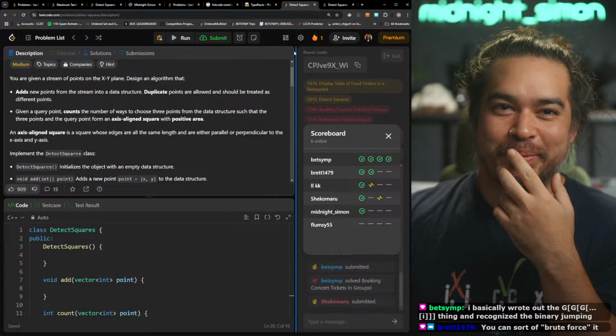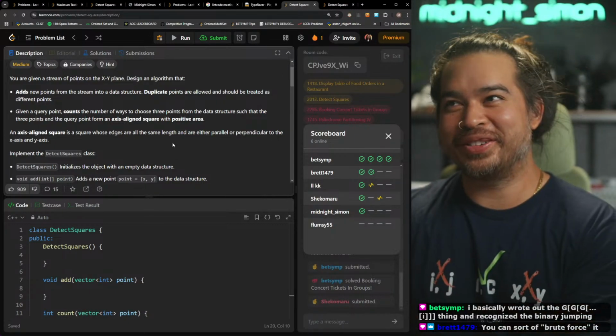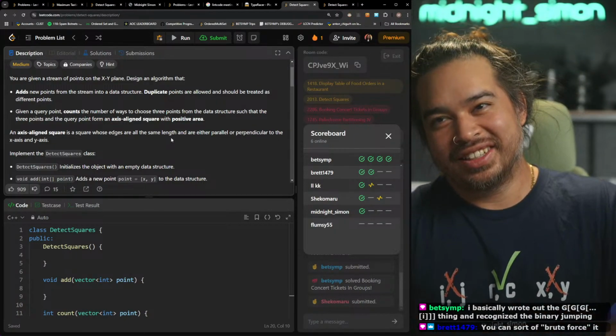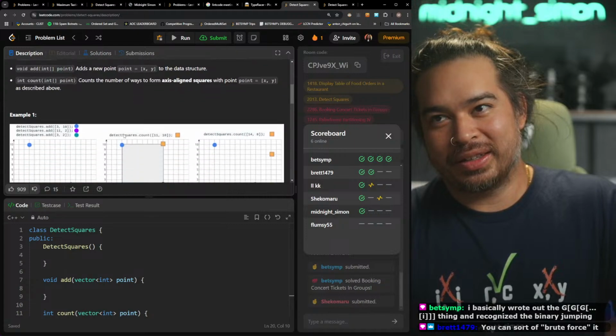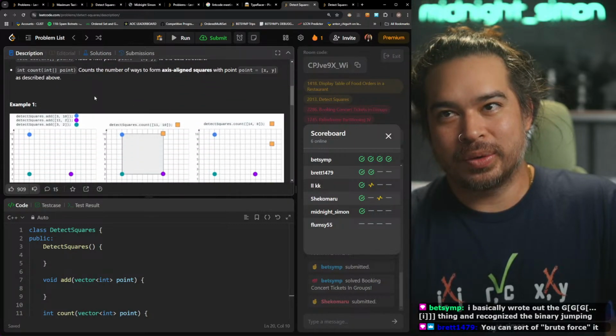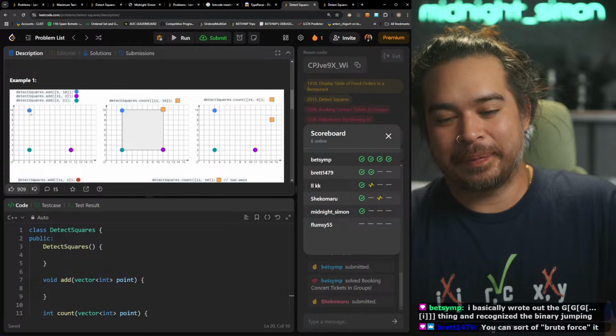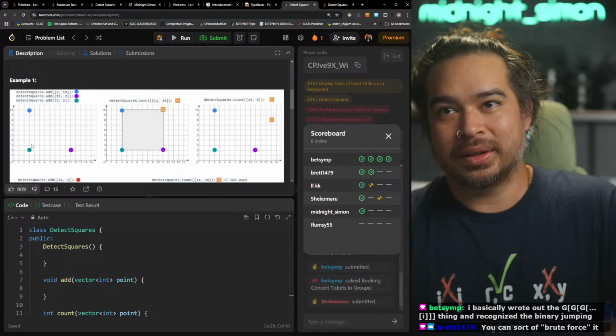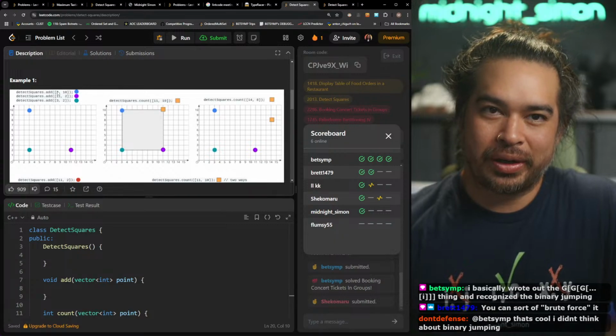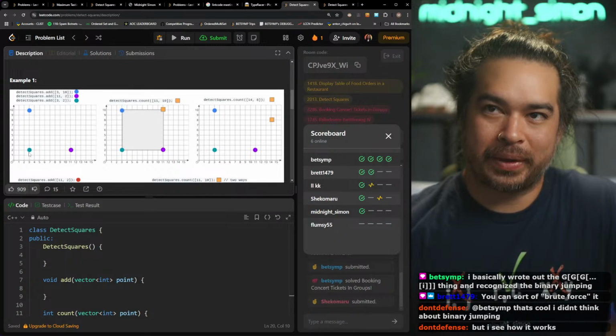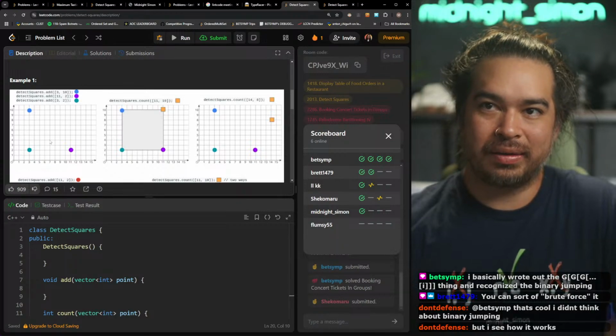You can sort of brute force it. Oh, Brett, what's happening, man? Yeah, so my mind was going to, like, having each coordinate. I don't know how to explain what I was thinking. Okay, maybe for x equals 3, I have a list of all coordinates where x equals 3. Like 3, and then in that it would be 2 and 10.